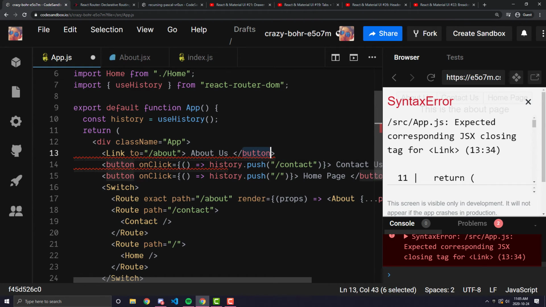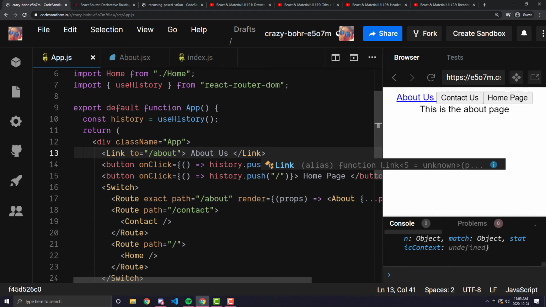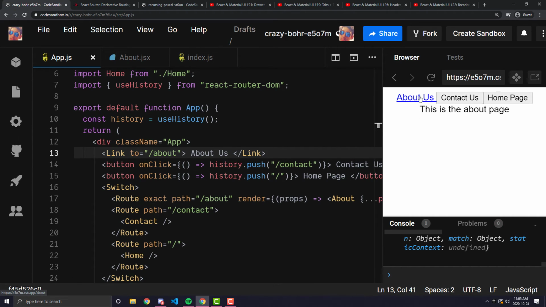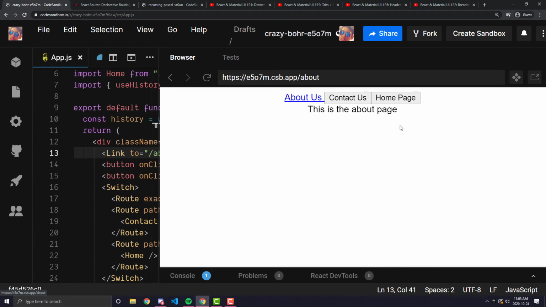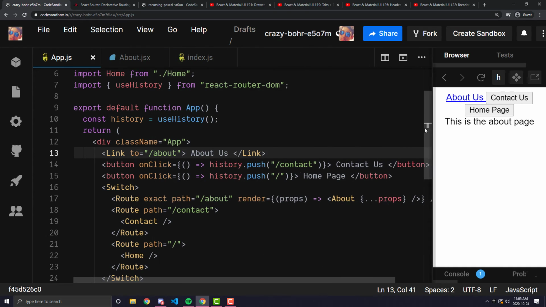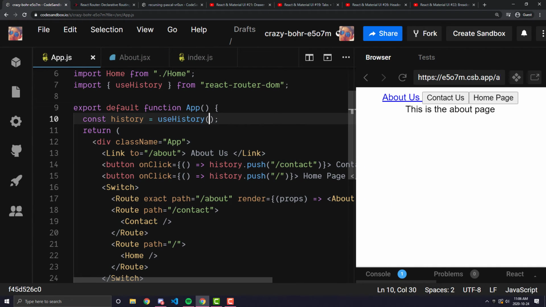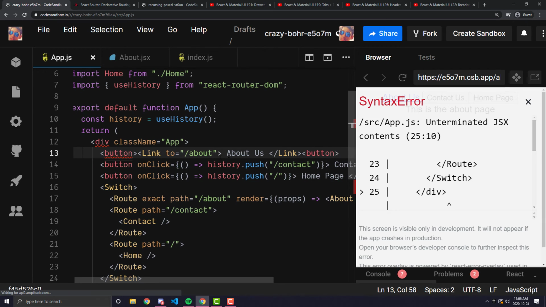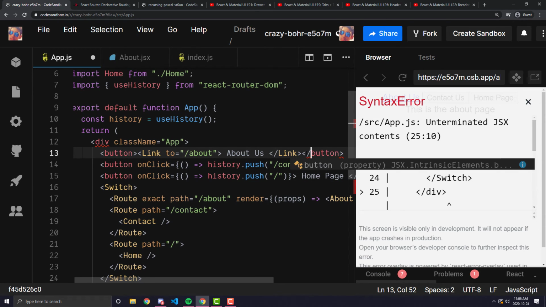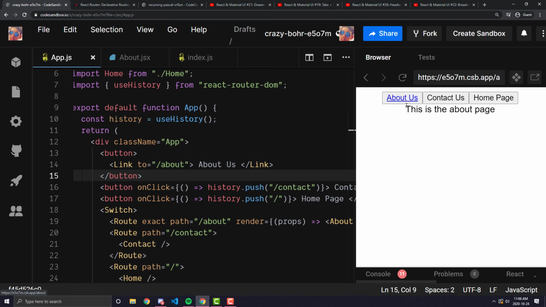And let's go ahead and refresh. So you'll see here that it will display it as a link, and when I click it, it will go to the about page. So that's another way to do it if you wanted to, for example, have that show up in links. And I think you could probably even nest it in the button. Let's try nesting that in the button. Oops, close our tags. You can see here that if you nest it in the button, it'll still show the hyperlinking,